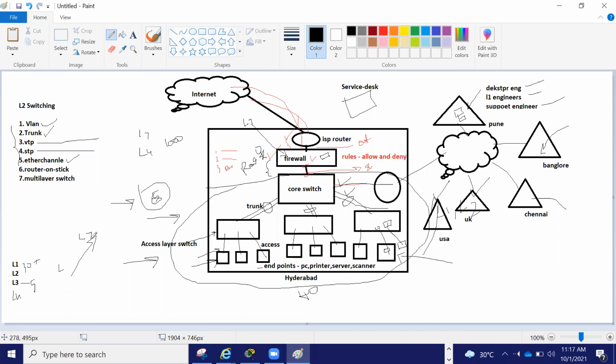If you get a job at L1, please grab that first, start your job, start your career, then slowly move to L2, slowly move to L3. There is a huge scope. There is no stop for learning. There is no limit for learning.